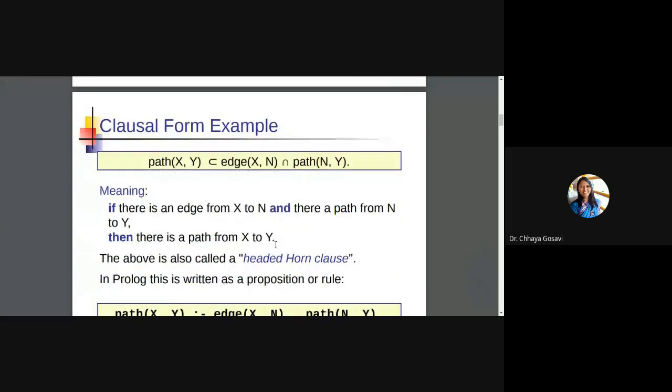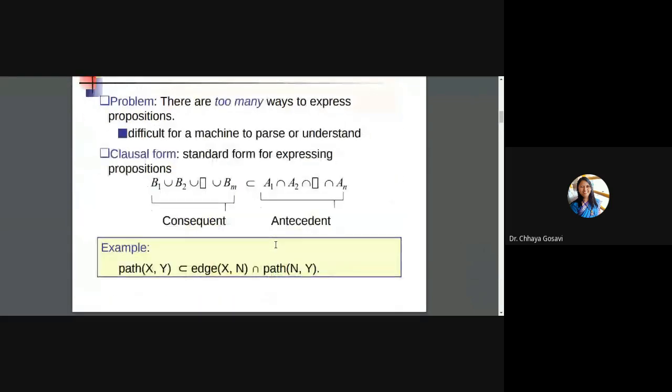We talked about clausal forms. There are two types of clausal forms: consequent and antecedent. Consequent is an OR type form, like if any one of the clauses is true, then your sentence or your query is true. And in antecedent, everything should be true.